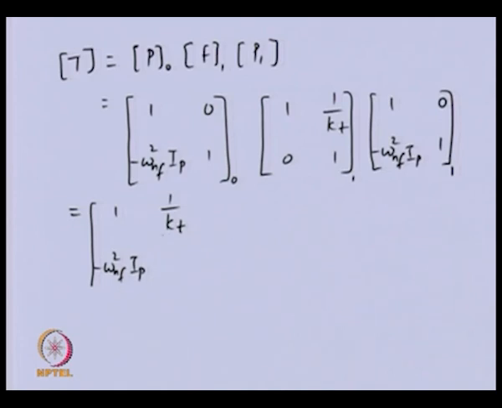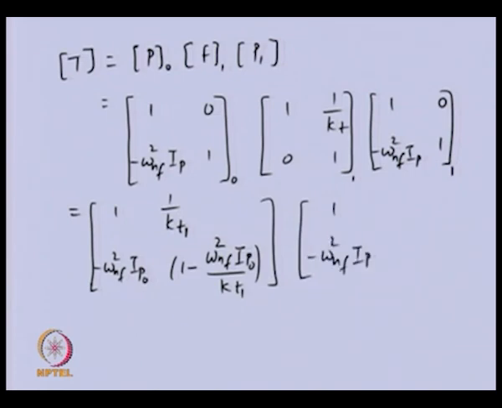Now I can attach the naught and the 1 here, because this belongs to the 1, and here we will have natural frequencies for the system, so we will not attach any subscript for that, and the point matrix for this station 1. Now if we multiply this,